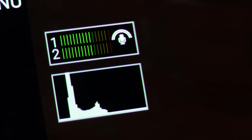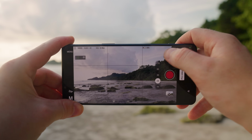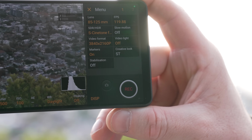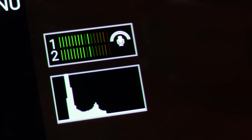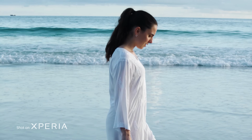We've also got some new monitoring features like the audio level meters, and also some other display features such as the display button toggle, so that we can just display our settings and take them off the screen, and obviously just have our histograms as and when we need to, which is really handy. We did have the histogram updated in the Xperia 1 Mark V, and in my opinion, that was probably the best pro feature that we could have got in the Xperia, because being able to actually scientifically expose your shot is such a better way to expose your shot rather than just going off of what the monitor sees. You can actually see your highlights and your shadows, and you can tell when you're peaking. That is going to allow you to get the absolute most out of any smartphone,